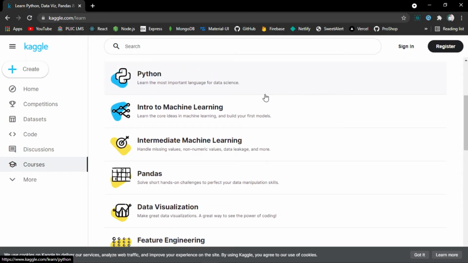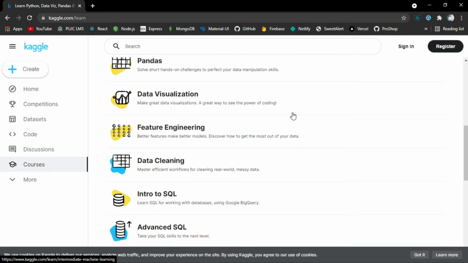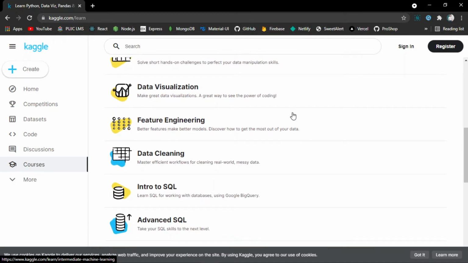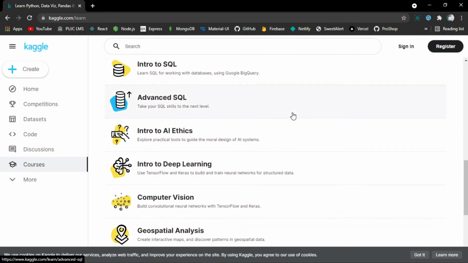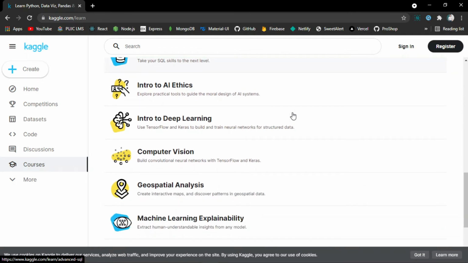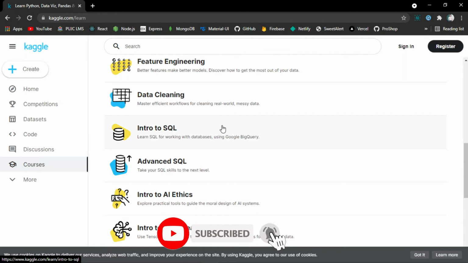After that, there is a course of Introduction to Machine Learning, Intermediate Machine Learning, Pandas, Data Visualization, Feature Engineering, Data Cleaning, Introduction to SQL, Advanced SQL, Introduction to AI Ethics, Computer Vision, and much more. Now, if I click on Introduction to SQL course,